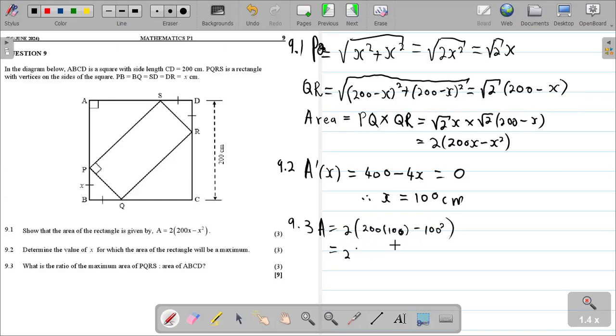So this is going to be 2 times (20,000 minus 10,000). It's going to be 10,000. So it's going to be 20,000